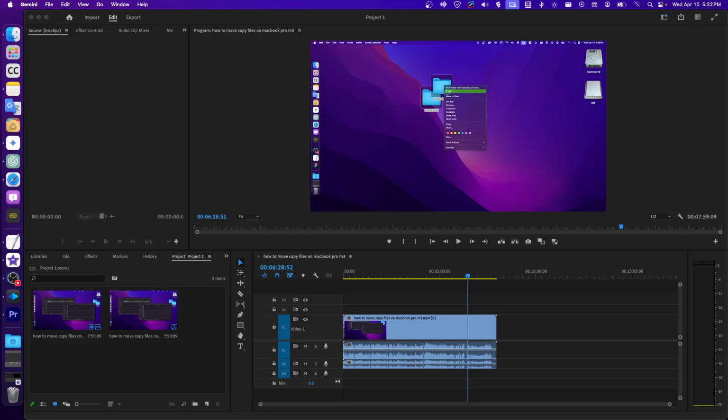So first, what is cache in Premiere Pro? It refers to temporary files generated by the software to improve playback performance and editing efficiency. Now, these files are storing information, such things related to visual representation, waveforms for smoother playback during editing, and